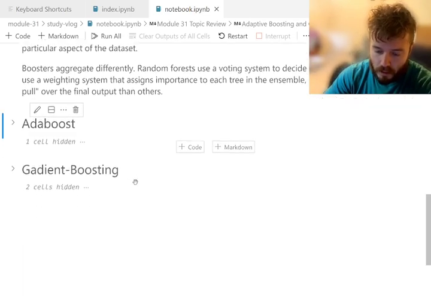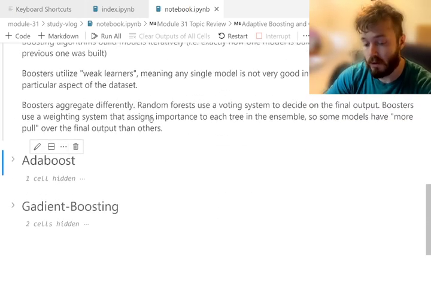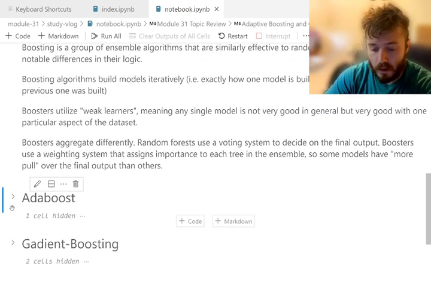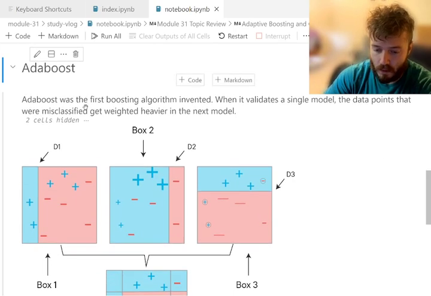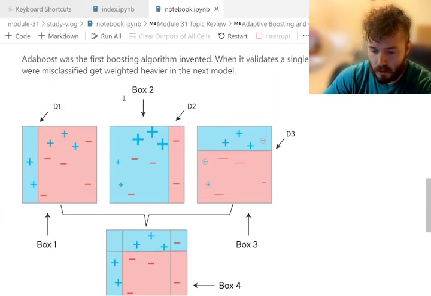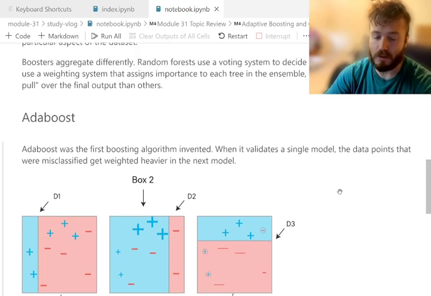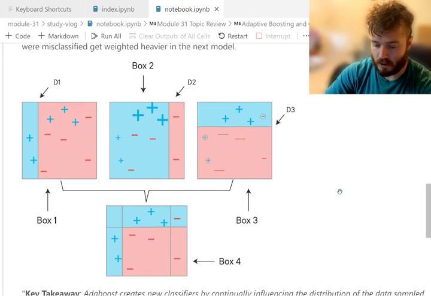The two types of boosting algorithms that I went over in this module are AdaBoost and gradient boosting. First we'll talk about AdaBoost. AdaBoost is just short for adaptive boosting. This was the first boosting algorithm that was invented, and basically it builds a model, and then when it validates that model, this is what this visualization is for,